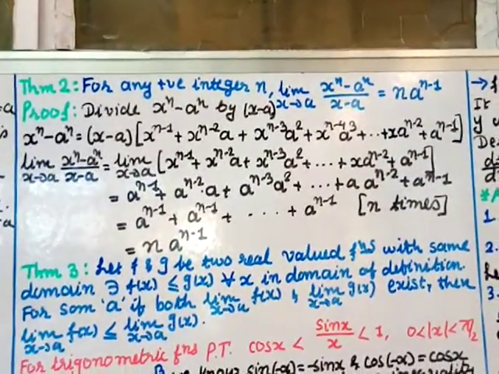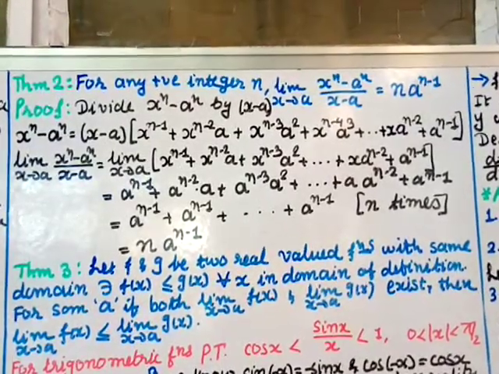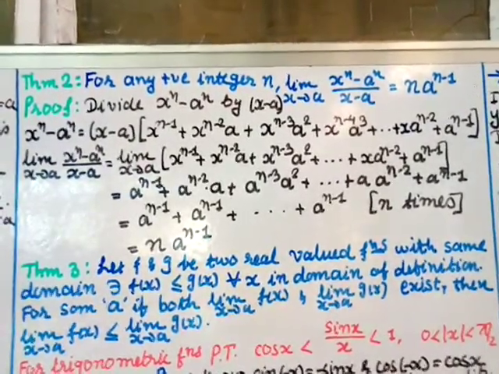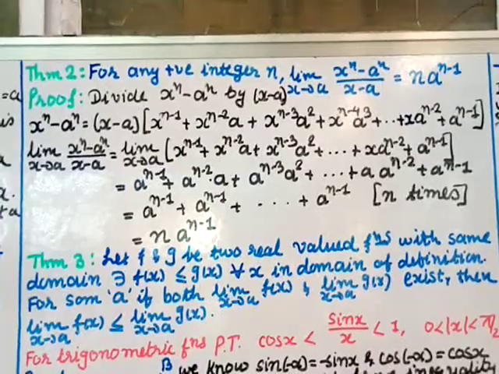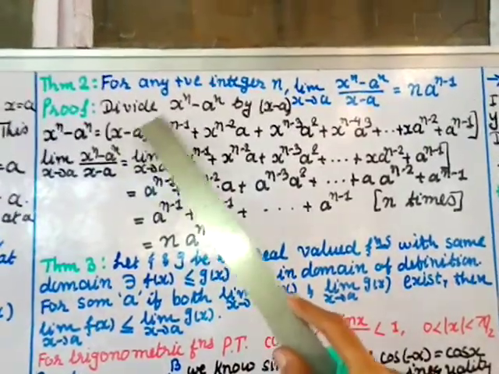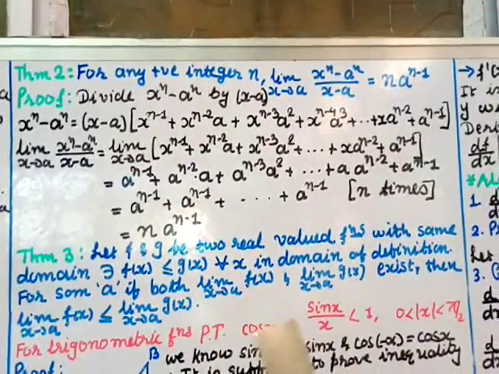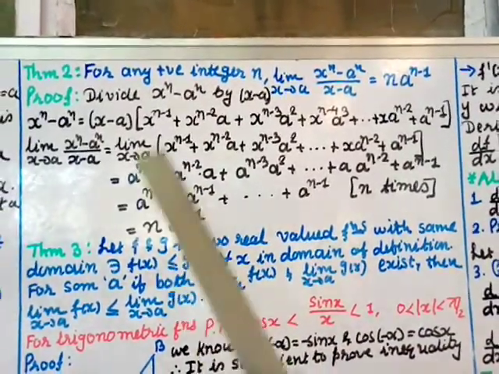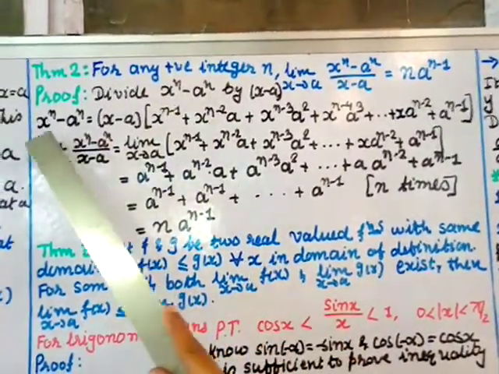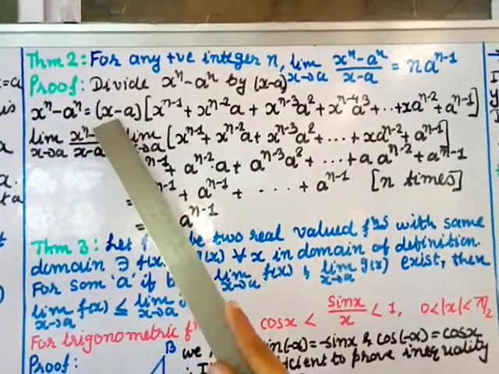You can consider this is a formula or a result, and you should remember that we shall use this for calculation. Let us prove this. Divide x power n minus a power n by x minus a. When you are dividing, you are finding the factors of this. So when you find the factors of this, I can write x power n minus a power n equal to x minus a